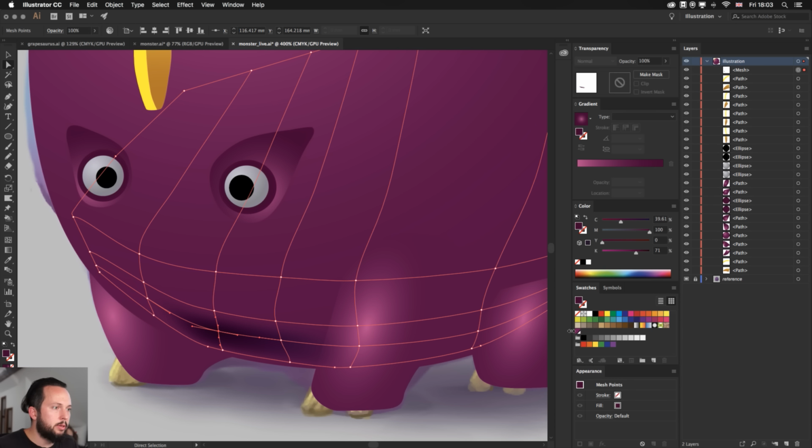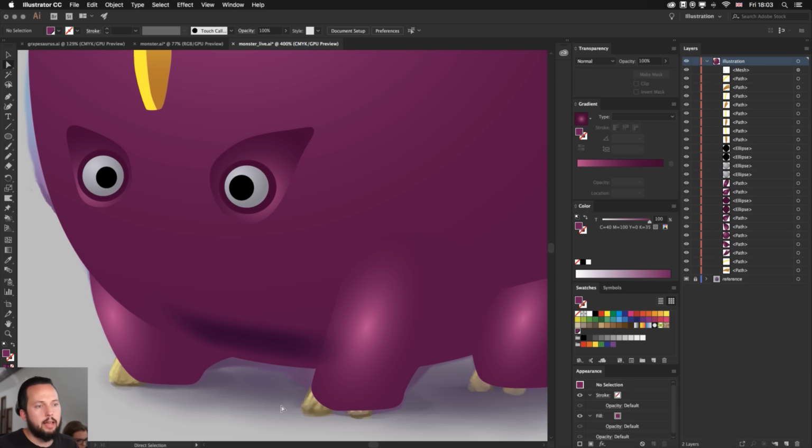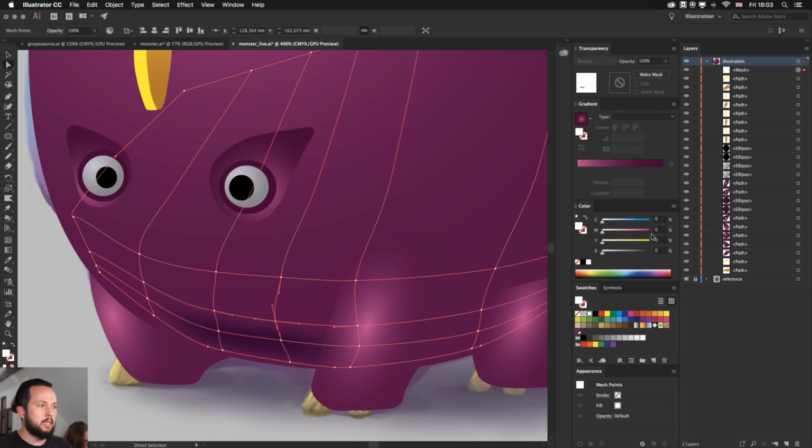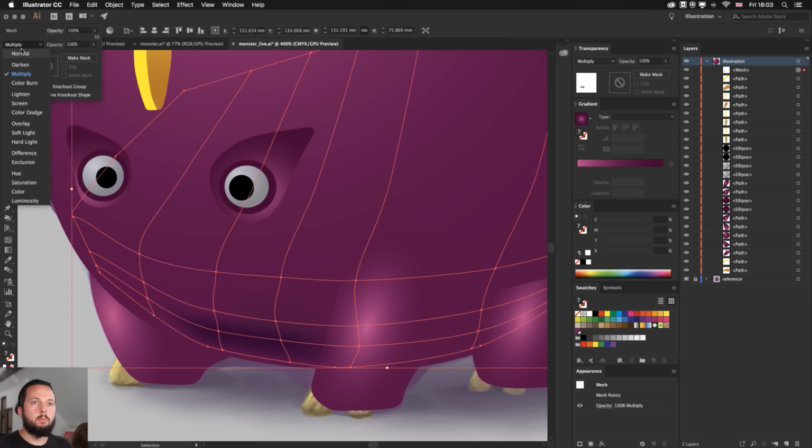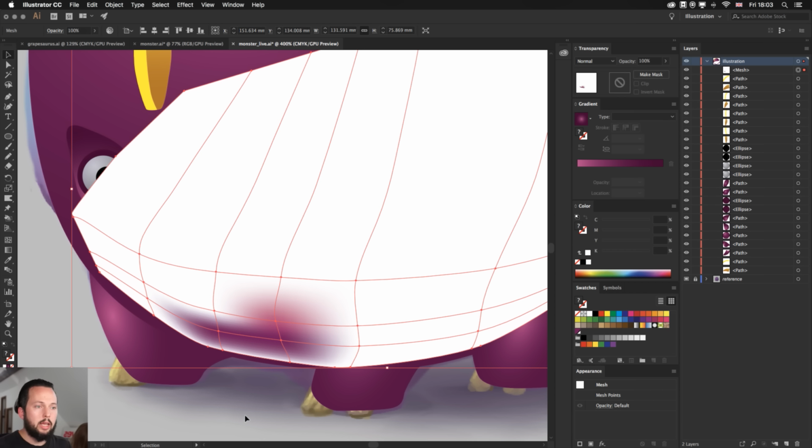So selecting that point as well, now you see that we have those 2 points and everything is blending to the neighboring colors. And just to make sure you understand what is happening, if I pick a very different color here, you can see immediately what is happening. So all the different colors and different shades are trying to blend into each other. And because we used the blend mode for this whole object, I'm going to also set that back to normal. Now you can see how these colors are blending together.